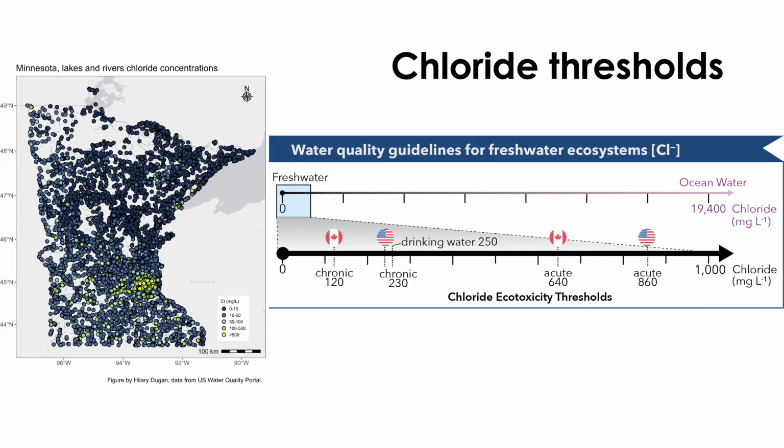But it's really hard to impose a specific number on when it's bad, because it's bad for some organisms at really, really low concentrations, and for other organisms, it's fine. So there's a lot of research pointing towards these thresholds actually being pretty high, and that there's a lot of harm done at concentrations below these, especially in lakes in, say, northern Minnesota and northern Wisconsin, where there literally was zero chloride in these lakes before humans.